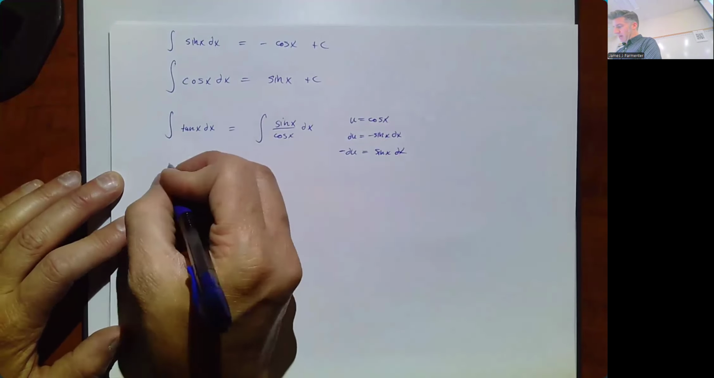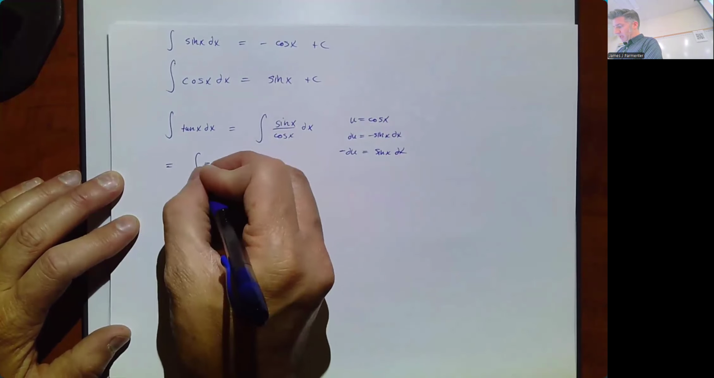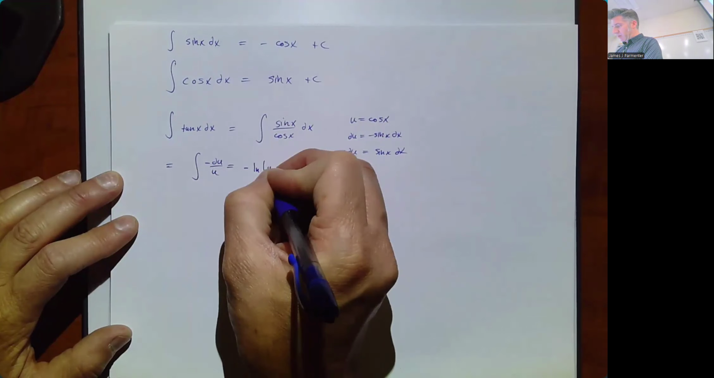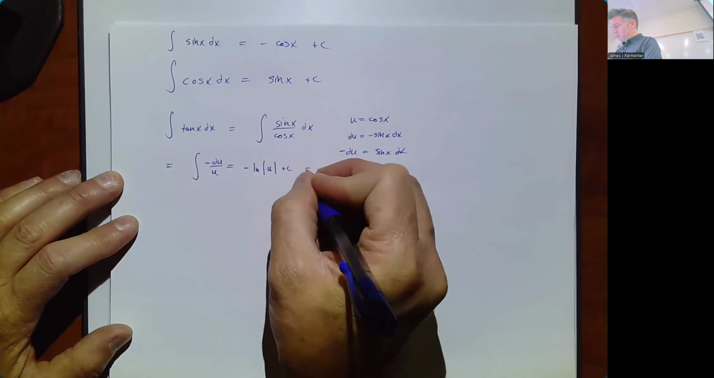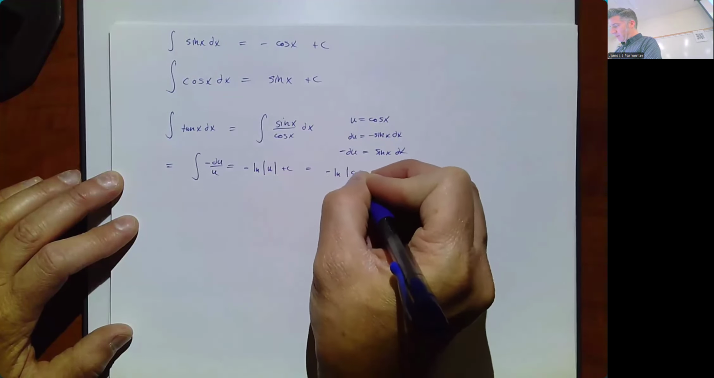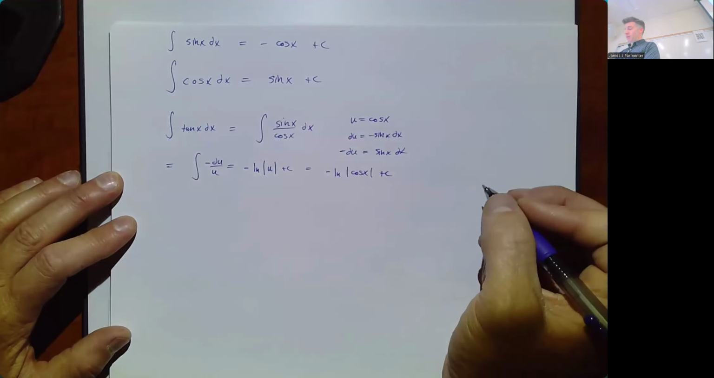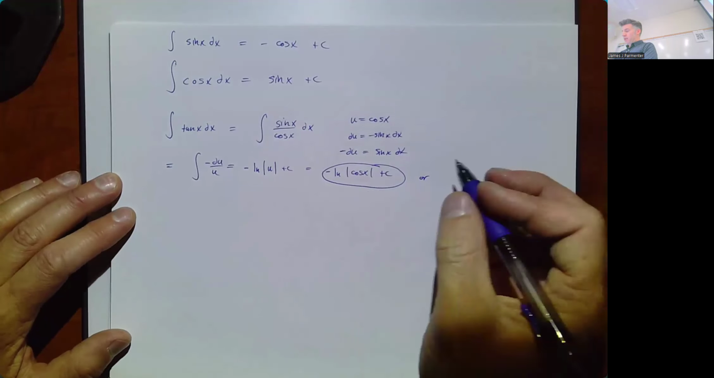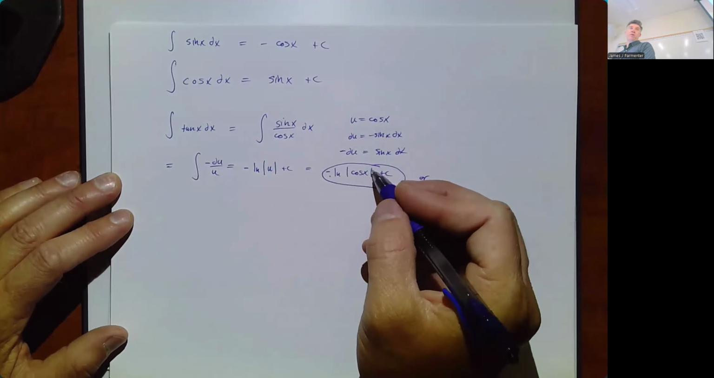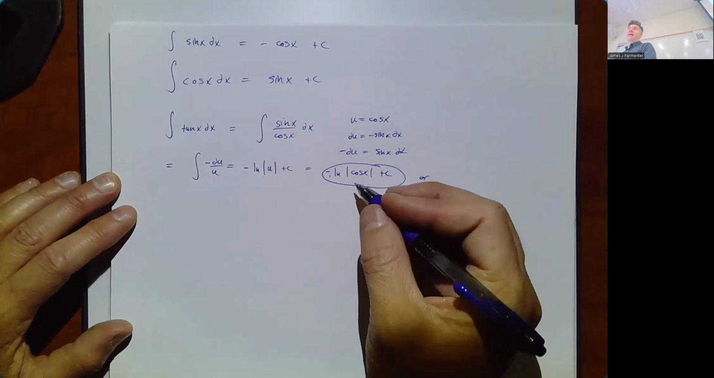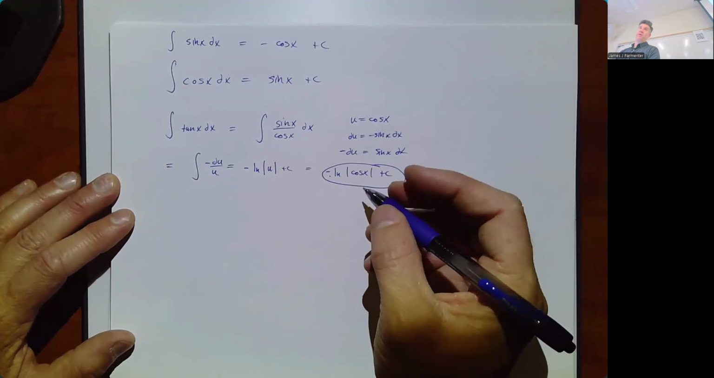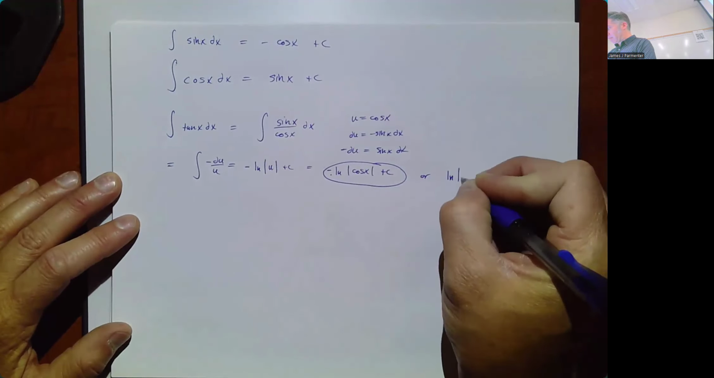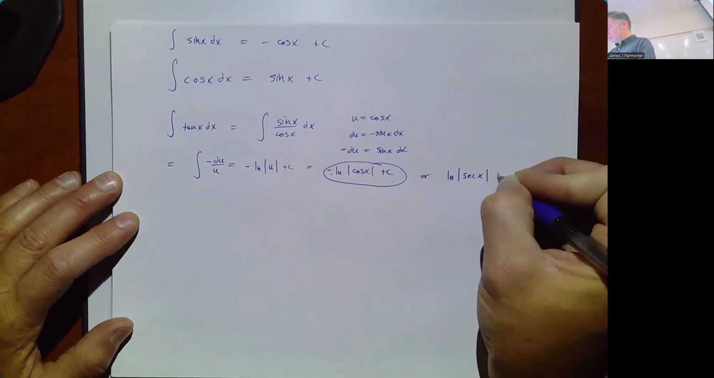And we can rewrite this as the integral of negative du over u, which is equal to the negative natural log of the absolute value of u plus c, which is the negative natural log of the absolute value of cosine of x plus c. That's one way of writing the answer. Or the -1 coefficient comes up as the power of cosine, and cosine of x to the -1 power is the same as the reciprocal of cosine, which is secant. So we write this also as the natural log of the absolute value of secant of x plus c,